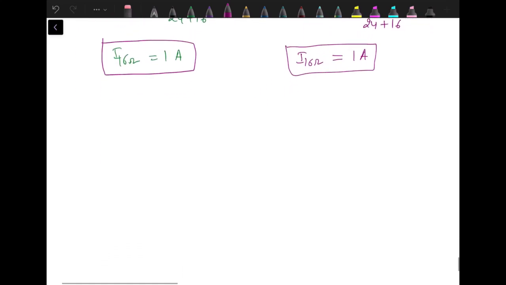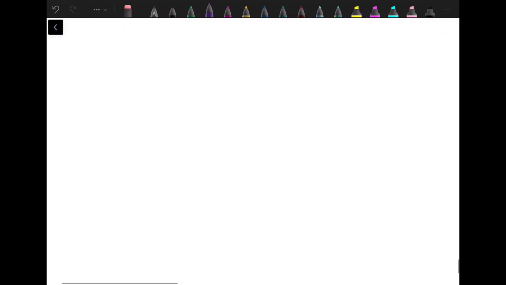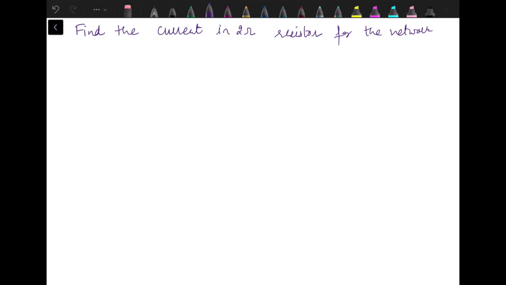Now the last problem which I am considering over here is: find the current in the 2 ohm resistor for the network shown below using Thevenin's theorem,